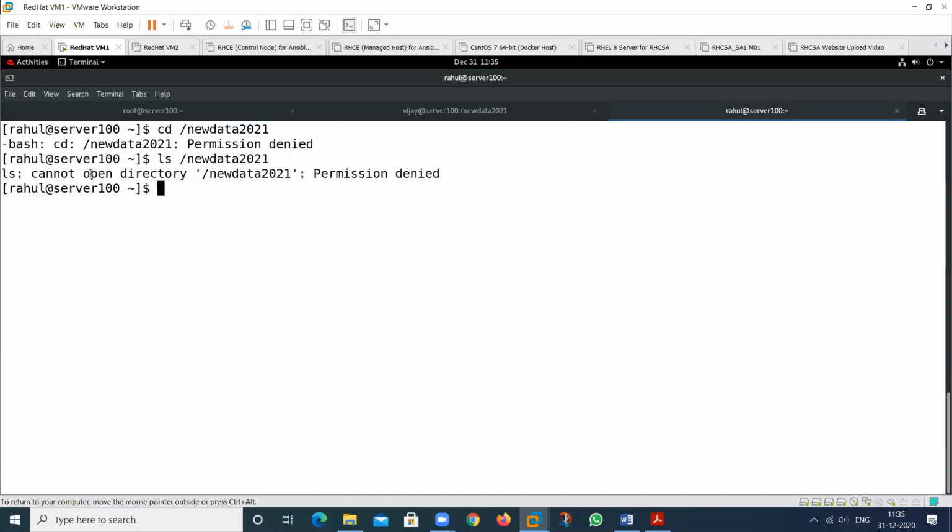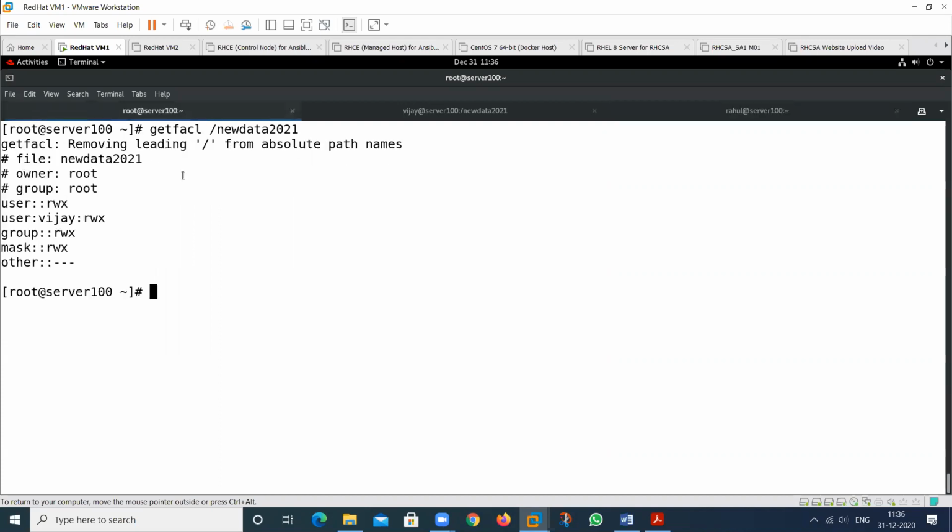So we cannot open this particular directory, so you don't have the permission. And I want to provide this type of permission: it can read the files and it can execute the file. Execute.